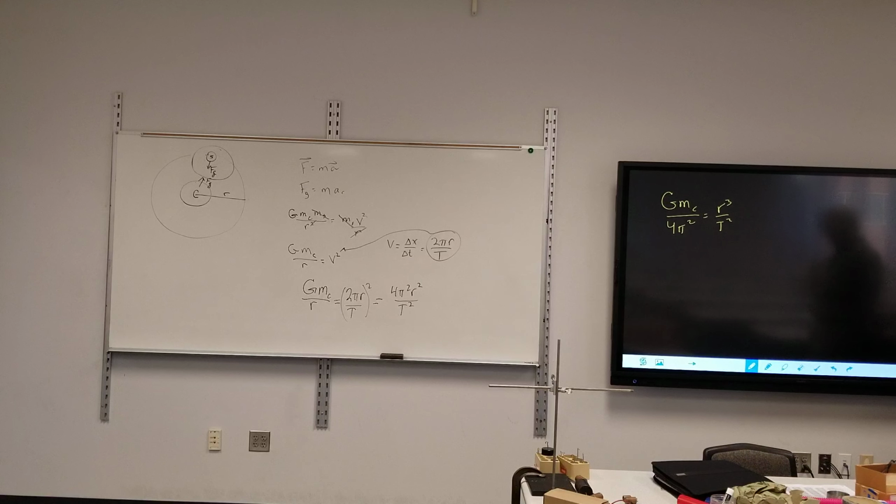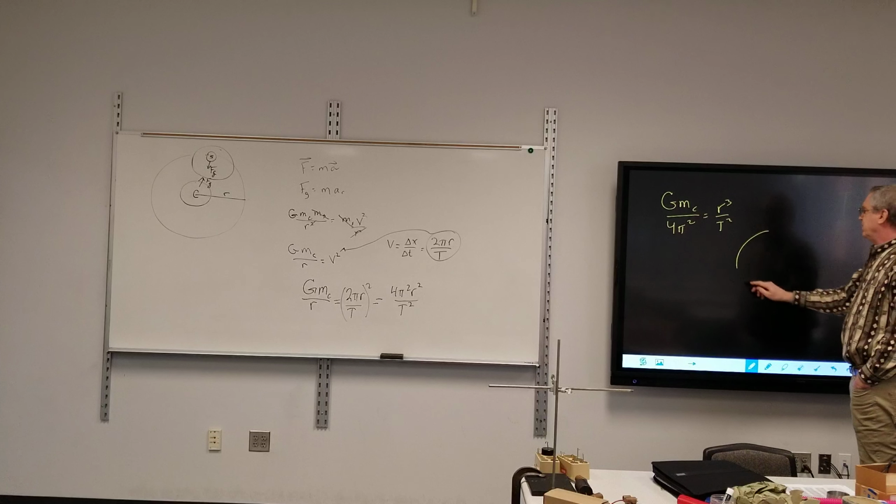Another rule is that objects travel in an elliptical orbit. And the other one is that the closer an object is to the central body, the faster it goes. As a matter of fact, he was more specific. If I have an elliptical orbit,